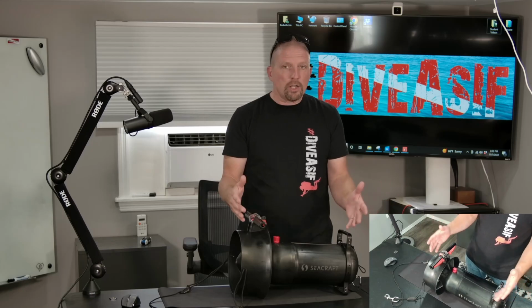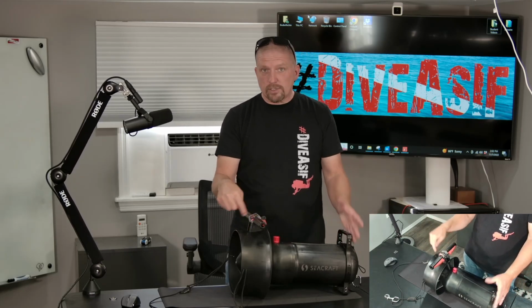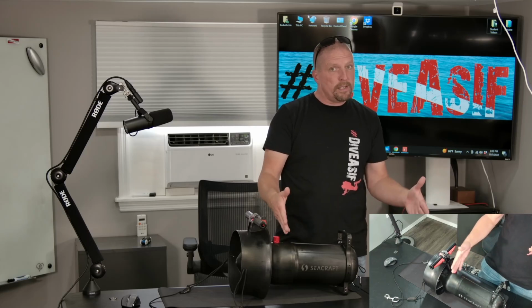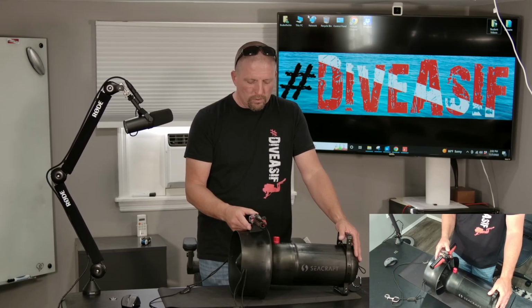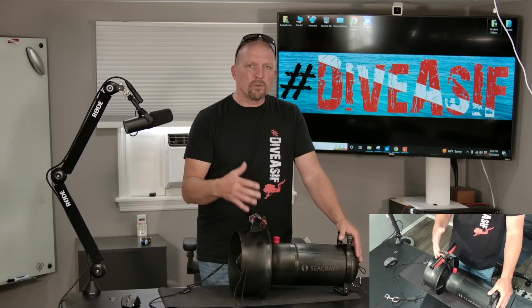But to basically cut the price of a scooter in half for a lesser screen that still does the job and a shorter runtime, but somewhere down the road, wink, wink, wink, Seacraft, there might be longer batteries. That would be just an absolute home run in the world of diver propulsion vehicles. The versatility, the expansion, the growth,